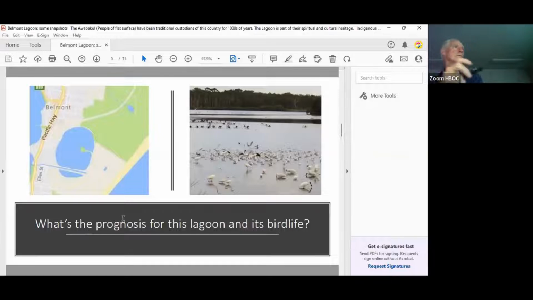What's the problem? We'll come to that in a minute. This really gives you an indication. Let's do it in two parts. What's the prognosis for the lagoon? Well, since